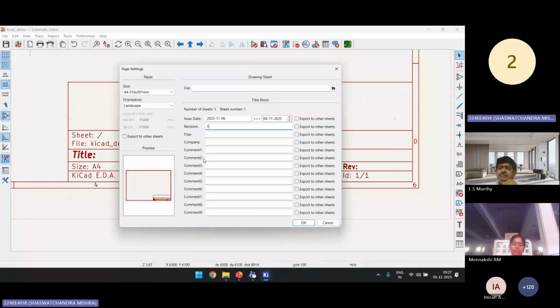Okay, so I will put this revision 1 because we are making this for the first time. Let's say you are rectifying the circuit for the 3rd or 4th time, then you can put 3 or 4 or any value you want. Next, we will go to title. Let's say you want to give the title of this project. As I said,